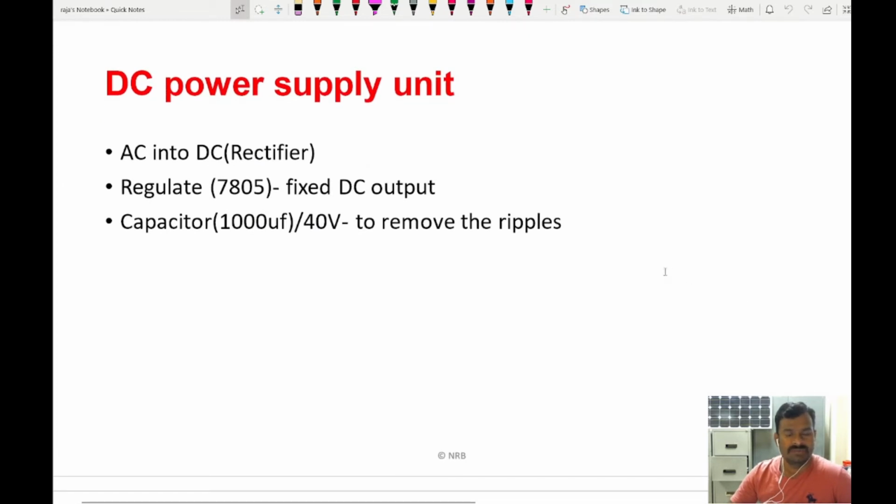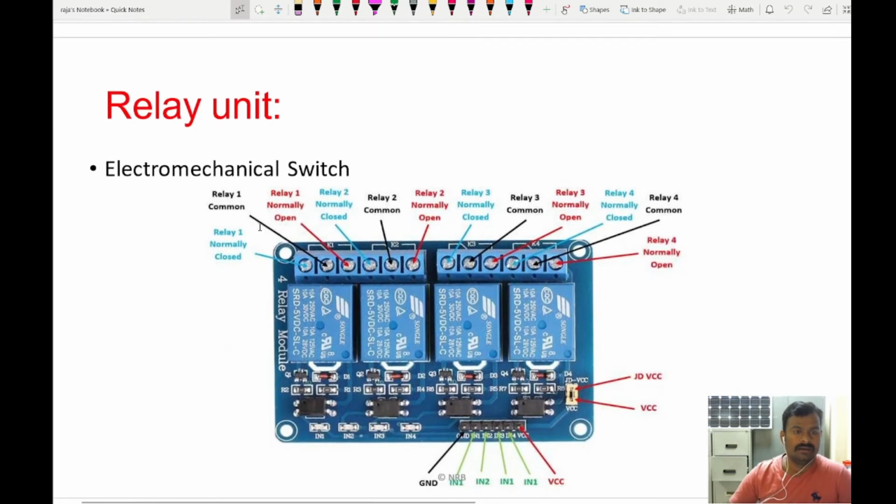A DC power supply unit to give the power to all these sensors and the Arduino Mega and everything. So I have used a DC power supply unit which I have designed. I have an AC to DC rectifier unit, a voltage regulator, and then a filter capacitor. Then the relay unit, as I told you,